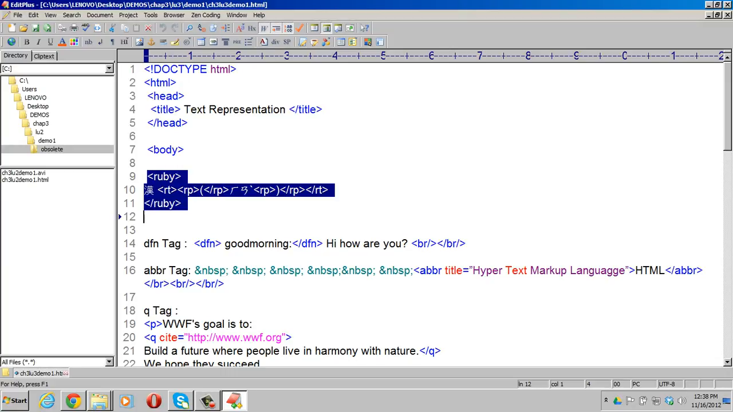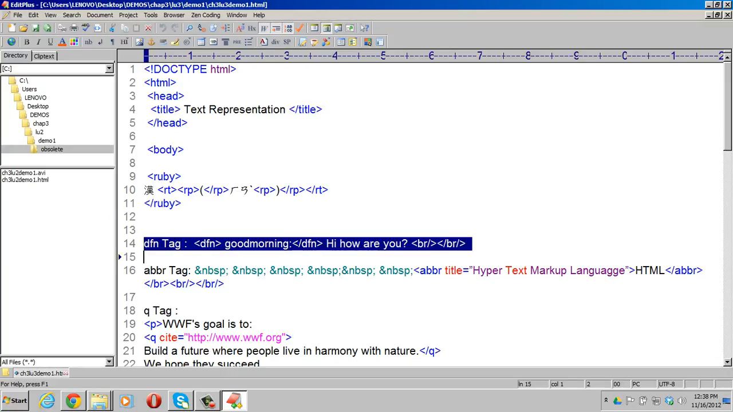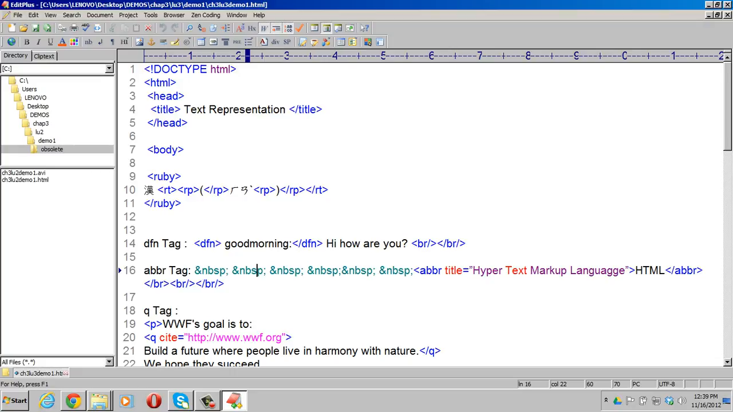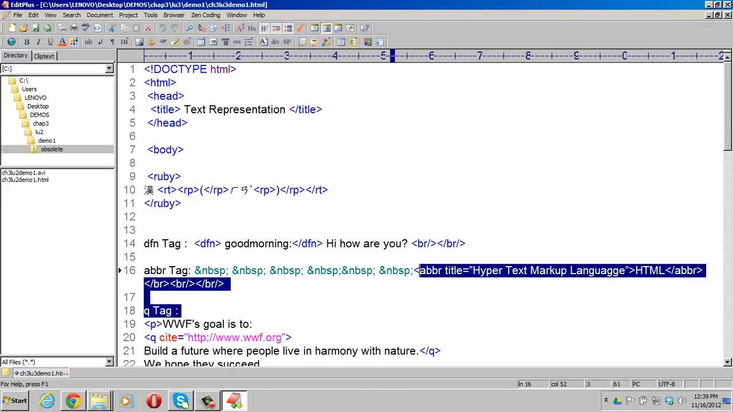Later, we have some text using the dfn tag, which represents the definition tag. "Good morning, hi, how are you" is placed in between the dfn tag that specifies the definition term of that text represented. Later we have some nbsp, which represents the non-breaking space, used to specify a single space after the text. The abbr tag here